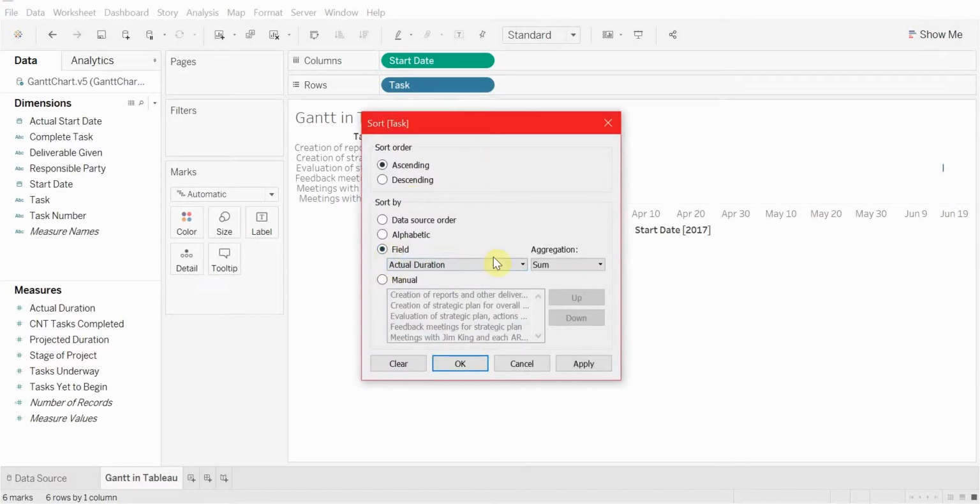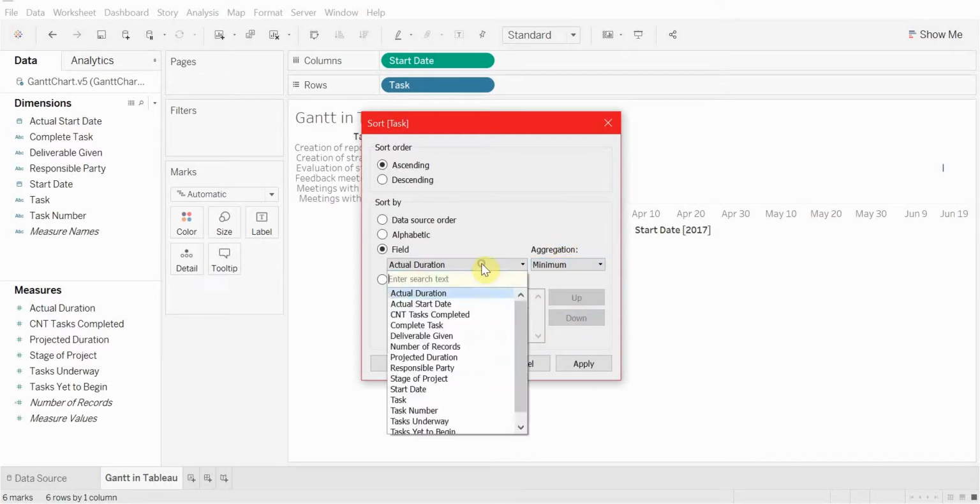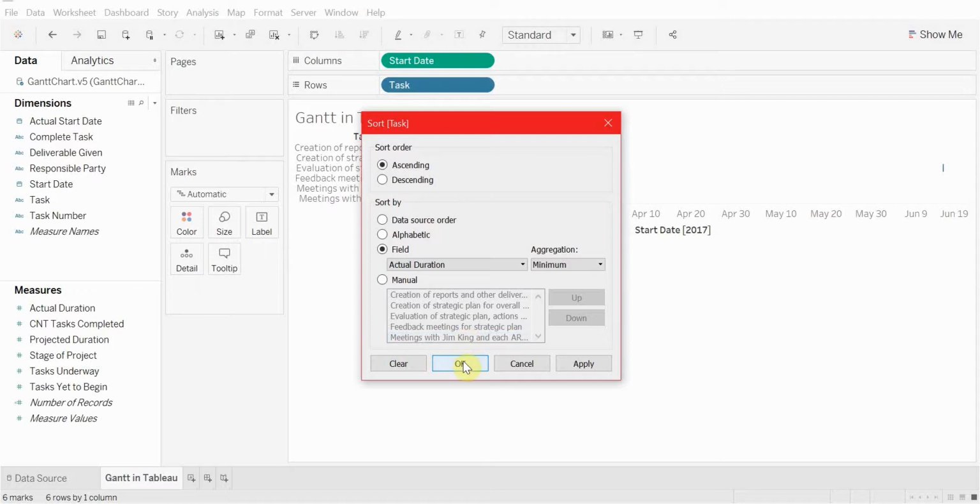So we want it to actually show the duration of the task along this line of dates. And in order for us to do that, we have to put in minimum to start at the minimum. And it's going to start at our actual duration, or excuse me, our actual start date. And so then we'll move this back to minimum. And if we apply that,